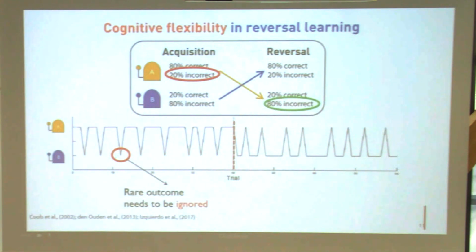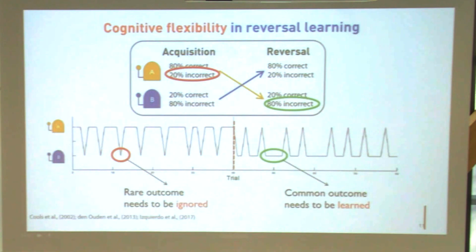But after the reversal, this occasional loss might become more informative. So after the reversal, even though this is unknown to you, you figured out already A is better, you keep choosing it, and then you realize that if you repeatedly choose it, you will get the loss more often. And then you might just wonder, what is happening here? Maybe there is a change already in the environment. I choose the previously better one, I do not get the intended outcome as before, so I get a lot of losses. What should I do? Maybe I change to choosing B instead.